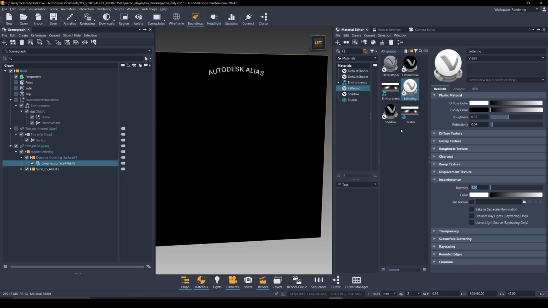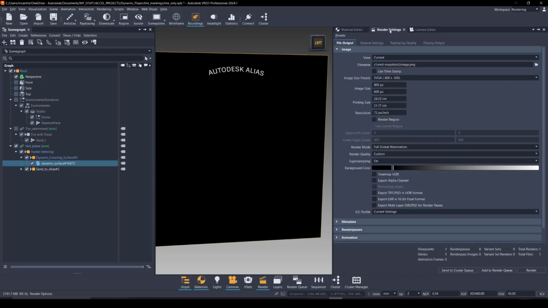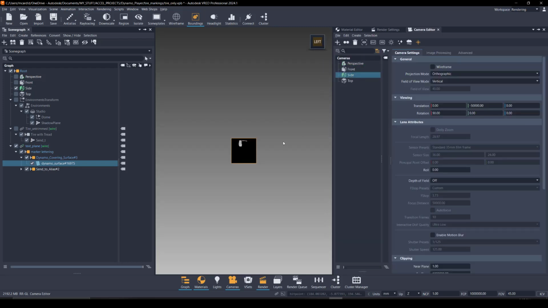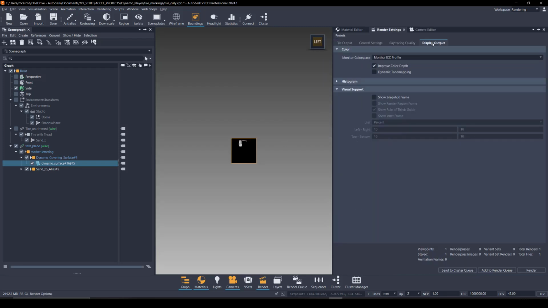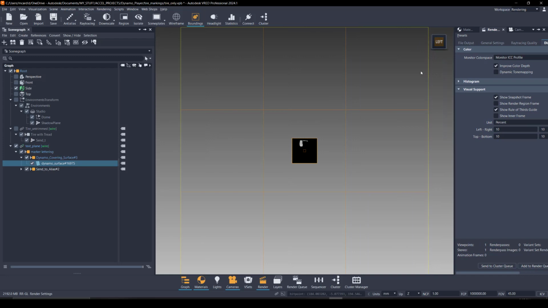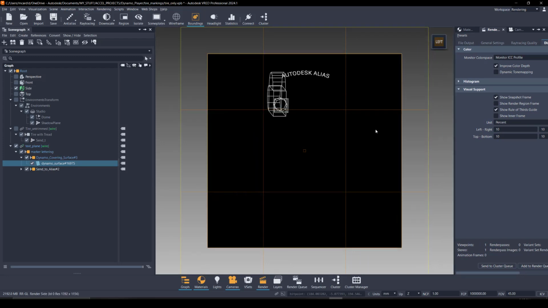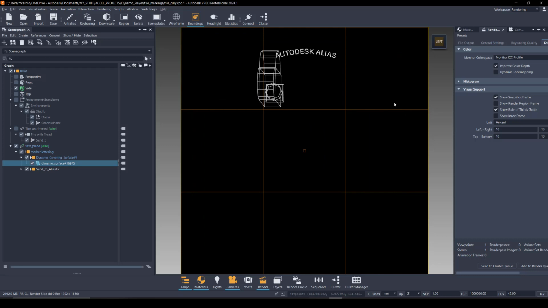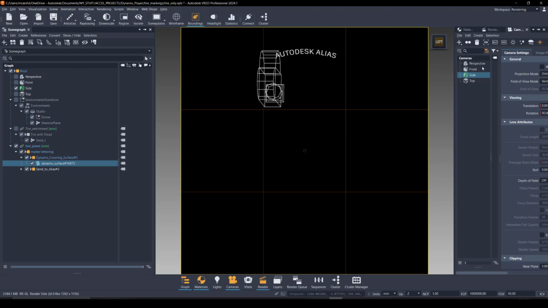And next I want to control the size I'm going to render and set up the camera to do this. So I'm going to go with a 2K image, and for the camera I'm going to be looking through my side camera, and also in render settings I want to show the snapshot that will give me a preview, the yellow border that shows me what I'm going to render. So I want to zoom in just to the same size as that border, and then in my camera settings I'm going to save a viewpoint,